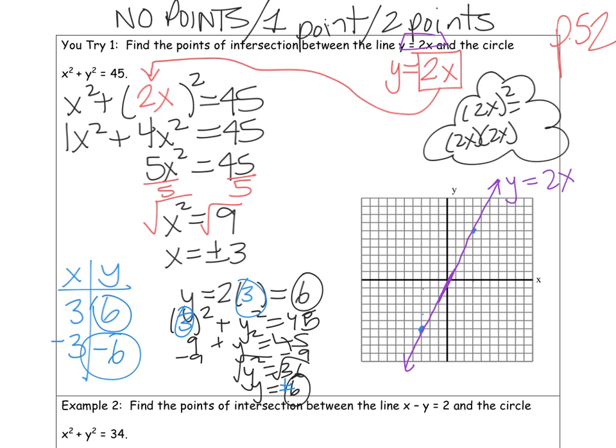I also know that my circle, let's make the circle orange, goes through those points. So my circle has a center at (0, 0). So here's my center point. And it has a radius of the square root of 45. And that's a little bit more than 5. 6. It's 6 and a little bit. Let's say 6.8. So I'm going to go over 1, 2, 3, 4, 5, 6 and a little bit in each direction, and I'm going to connect those points